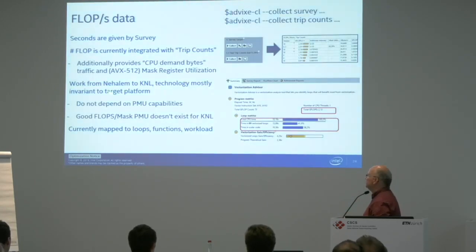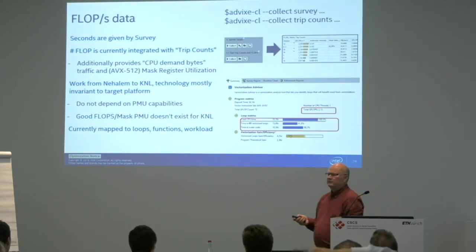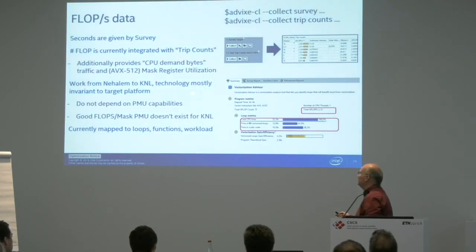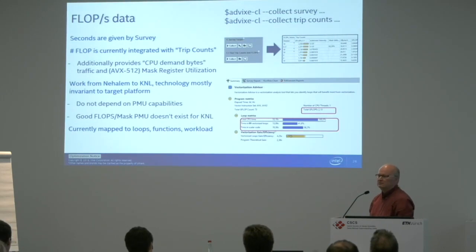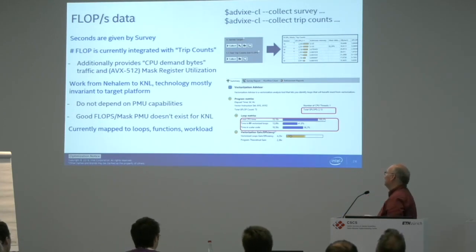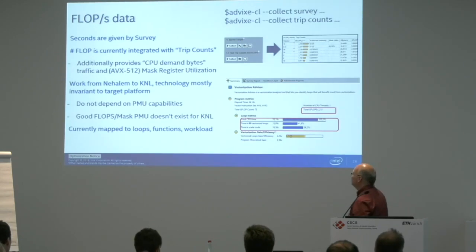But the good thing is that the technology is more or less independent of the platform, and you can use it on Nehalem as well as on KNL, because it uses not the performance registers like VTune, but an instrumentation library based on the pin tools from Intel,